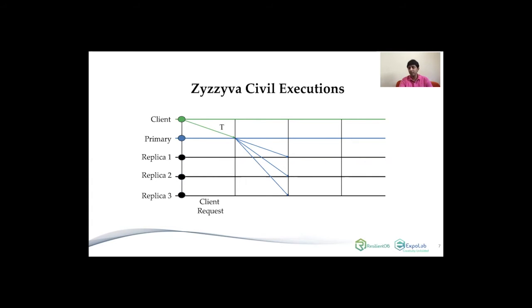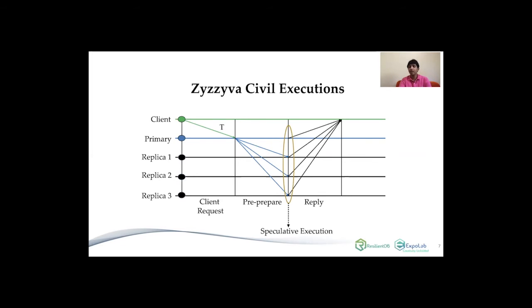other replicas. In PBFT, at this point in time, replicas had no clue whether the primary was behaving good or bad, but they agreed to support the primary's request by sending a prepare message. And then once they got prepare messages from a majority of replicas, they agreed to move to the next round, basically to check whether they can commit the request or not. In Zyzzyva, all of that will not happen. At this very point in time, the replicas will speculatively execute the request, and then they will basically reply